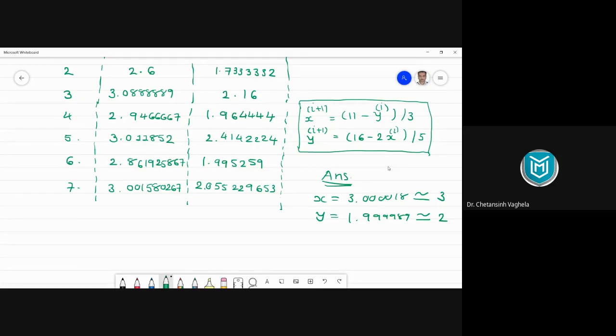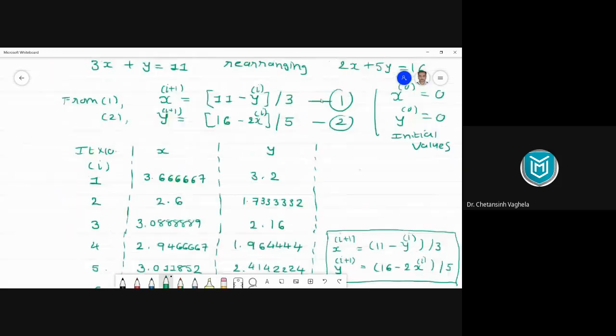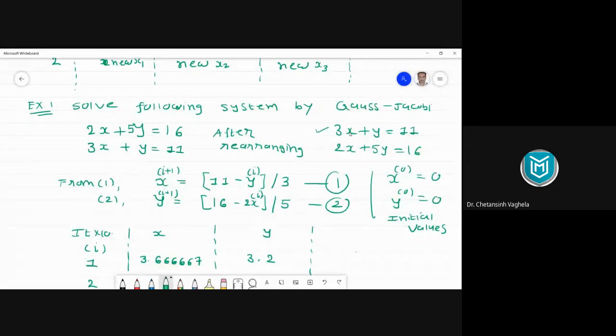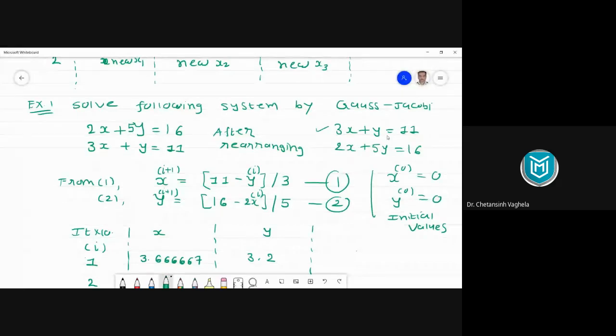And even you can verify this thing from your equations also. If you substitute x equal to 3 and y equal to 2 here, then both your equations will be satisfied. That means it's the solution for this system. And the method which we have used is Gauss-Jacobi. So after this,